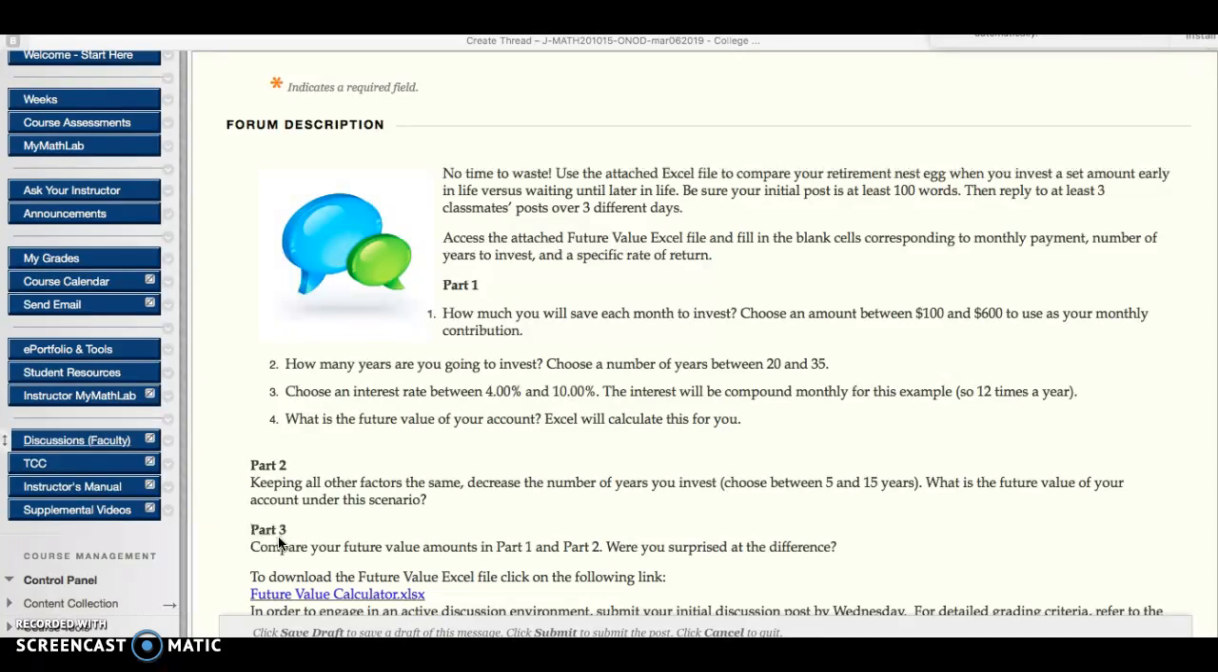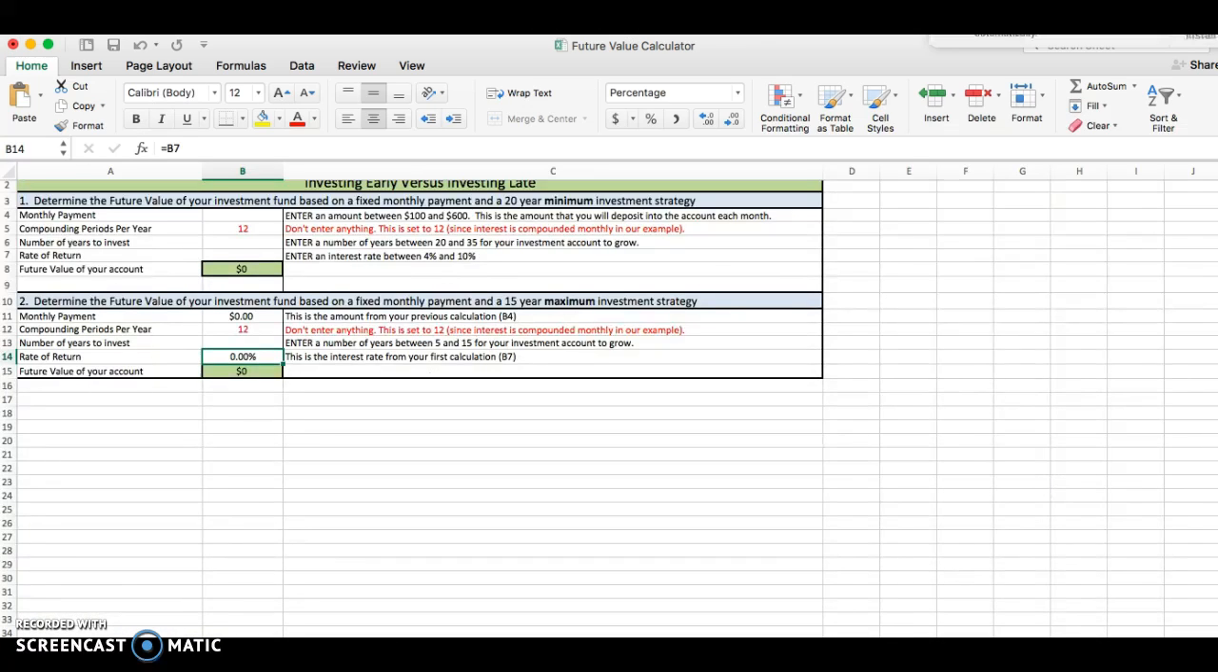In order to do this activity, you'll just click on this link, Future Value Calculator, so you can see how plugging in numbers will yield different results. When you click on that Excel spreadsheet and open it up, you'll see areas where you can put values in. It's suggesting you enter an amount between $100 and $600,